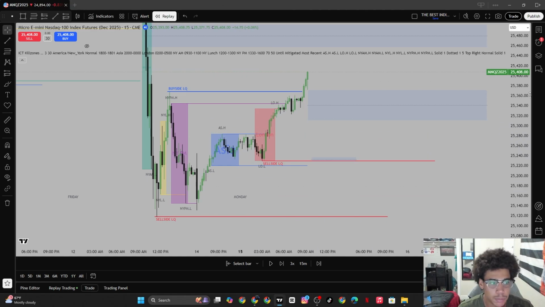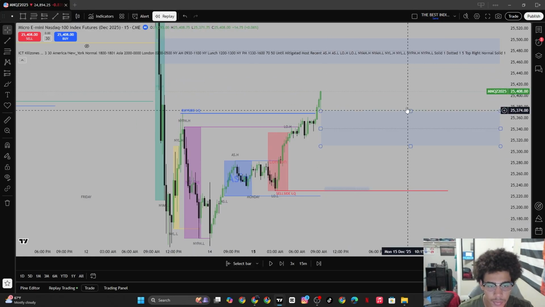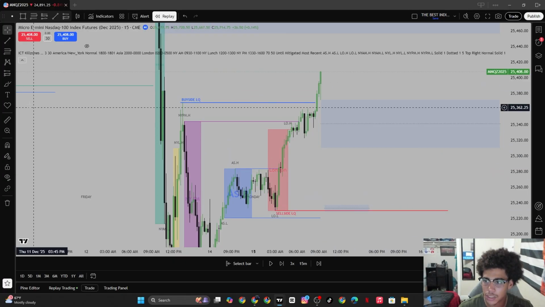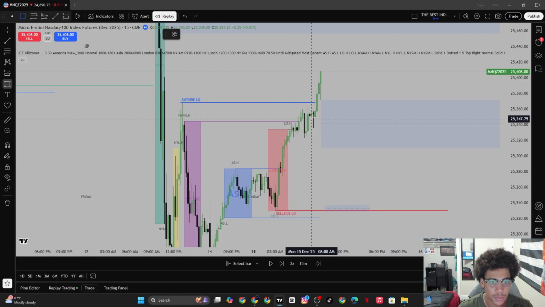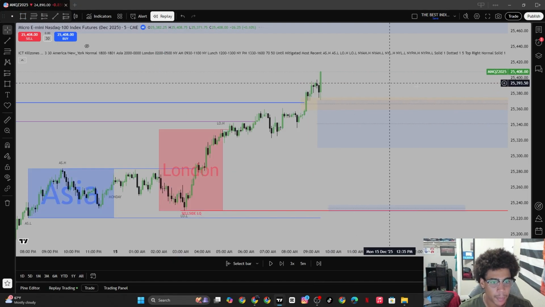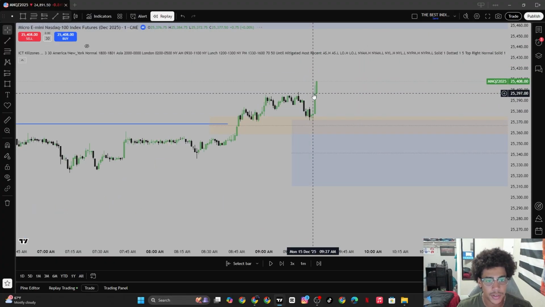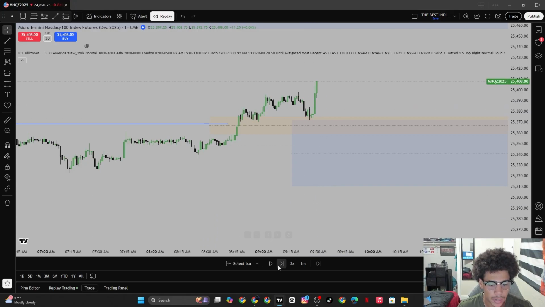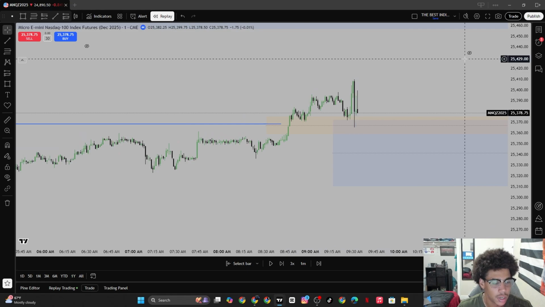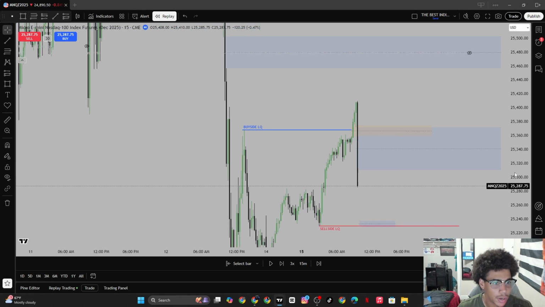So in this moment, I'm looking for shorts. Why? Because we took out this 15-minute high inside that fair value gap. And the only reason I didn't take a short at the open here is that the only thing I didn't like was that we were inside of this 15-minute fair value gap, right? So the perfect scenario is we take out this intermediate high, this internal high. We have this 1 minute inversion. Once we inverse this, I could take the short and trade back to London lows. But because we're inside of this 15-minute, I don't get that opportunity.